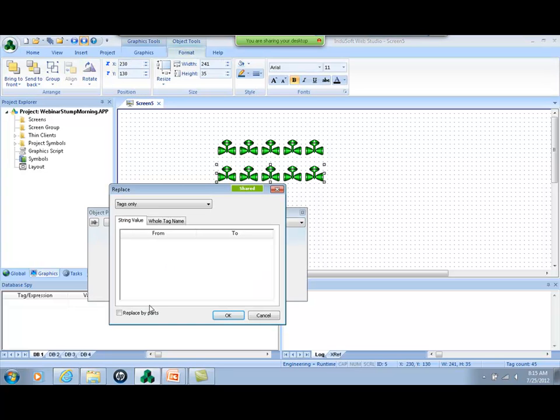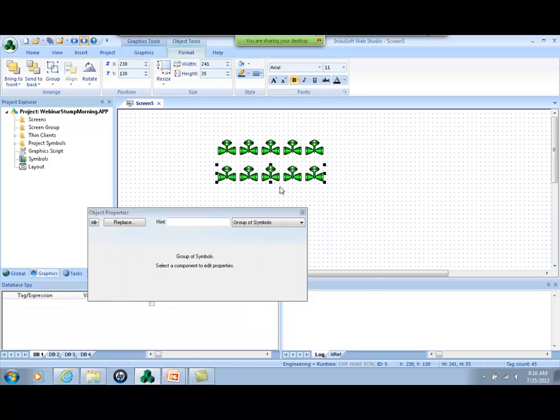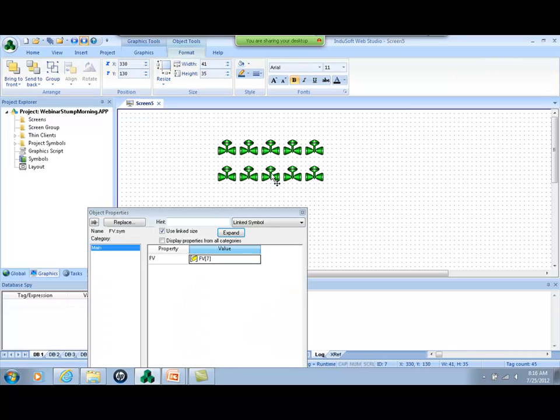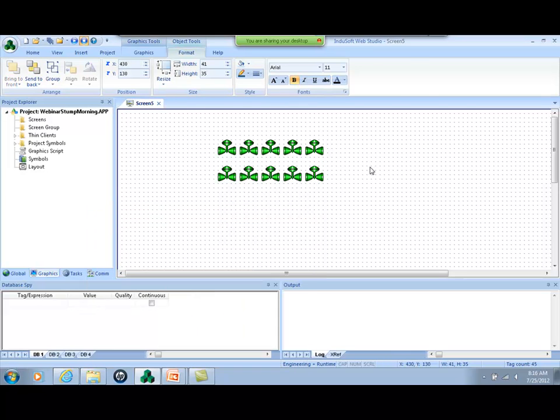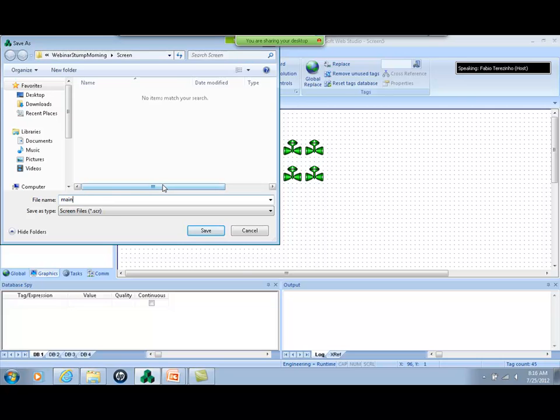from Indusoft. And in replace, you have the option replace by parts, tags and properties, and I can change just the array indexes from 6, 7, 8, 9, and 10. So I can ungroup here. Very quickly, I created 5 more instances of this valve to different indexes, from 6 to 10. So very well, I can save this screen as my main screen,